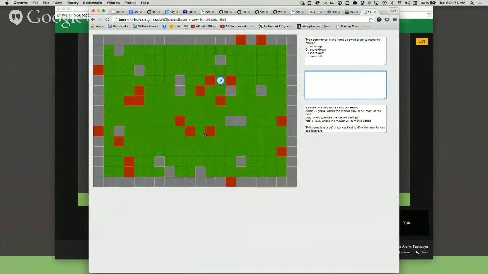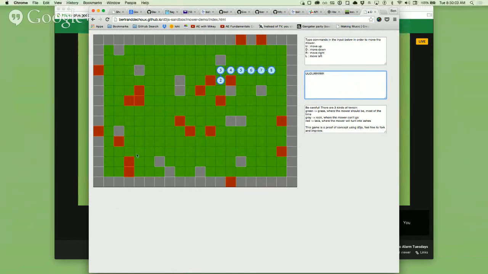I guess you can move it. Really? Oh, you can delete it, huh? All